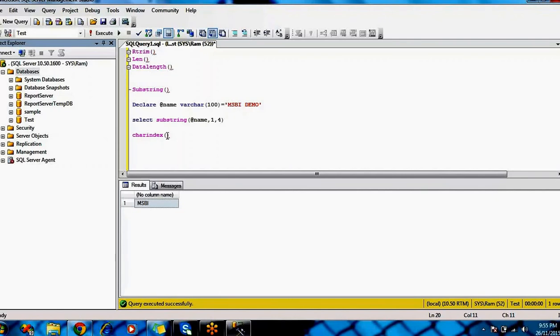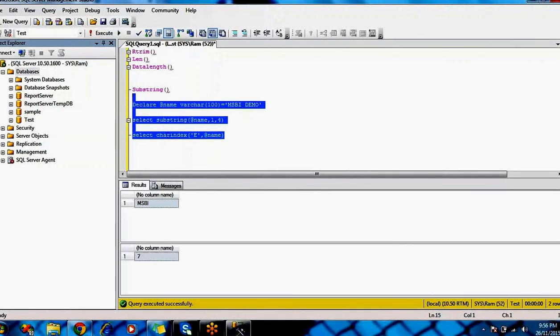You have to write which character you are going to search. I want to find the position number of E. In which string are you going to find it? I'm going to search the @name variable. Okay, so I want to display that value. Select the charindex function.